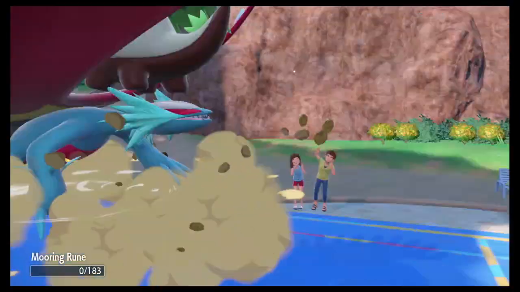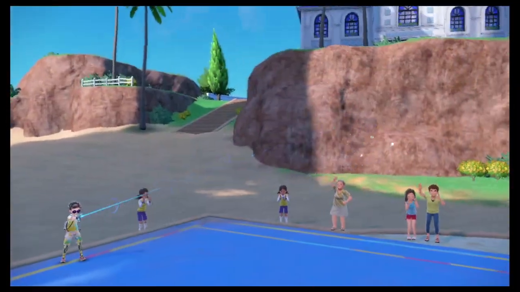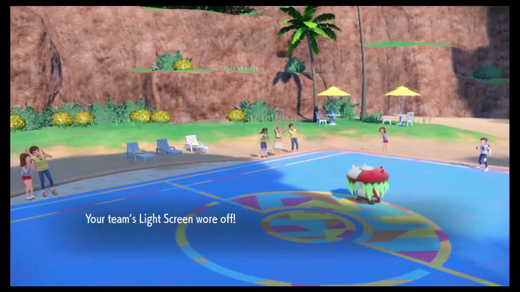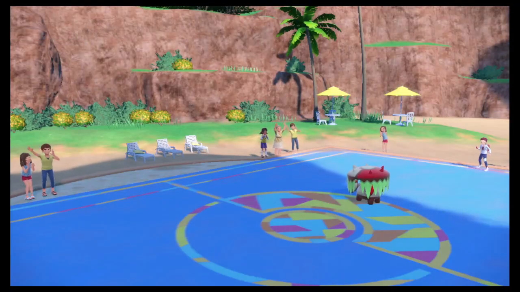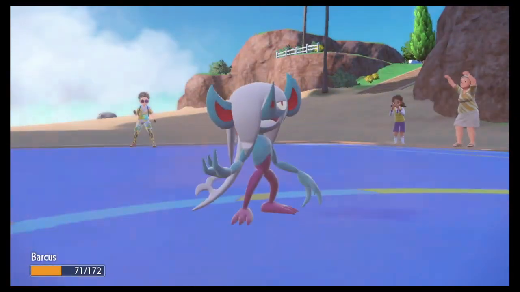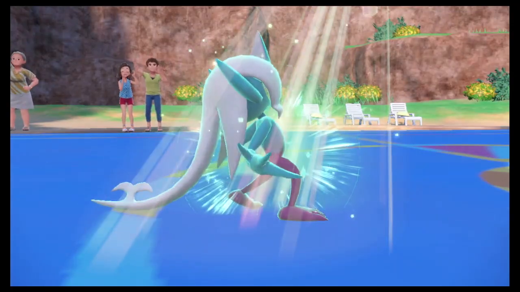And there's the Body Press, and that's going to be GG. We're going to lose 4-0. Bummer, we got so close. So close to making that work. Just got a little bit too greedy there. Because assuming that doesn't crit, right, we're at +2/+3. +2 attack, +3 defense. And we're faster than Brute Bonnet. At +3 defense, we...